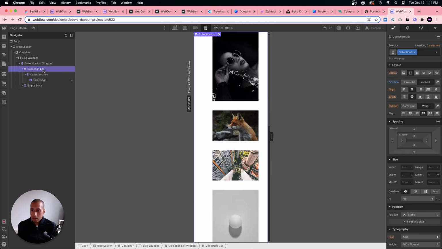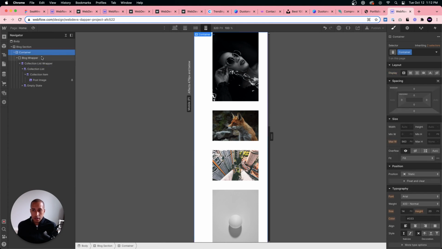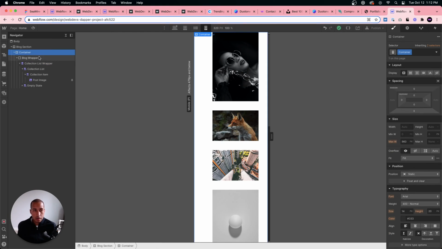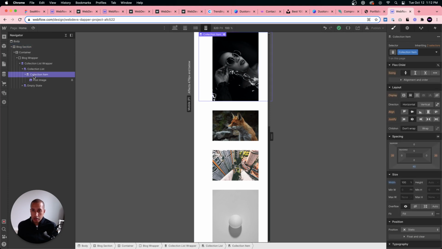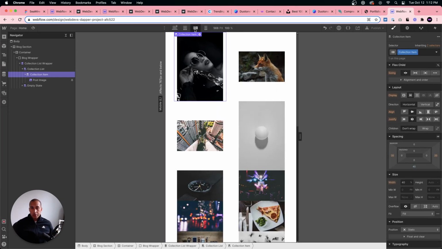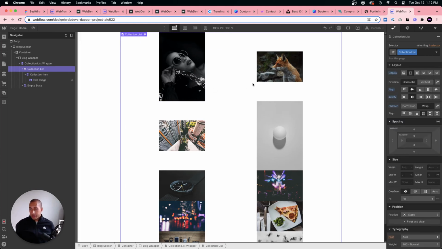Let me set this collection list wrapper container. All right, I'll remove this margin. All right, cool. And it could just be vertical on mobile. But that's probably the best I got for now, unless I can show you what Manuel meant, but let me know if that's helpful, Amy, if you could do it that way.